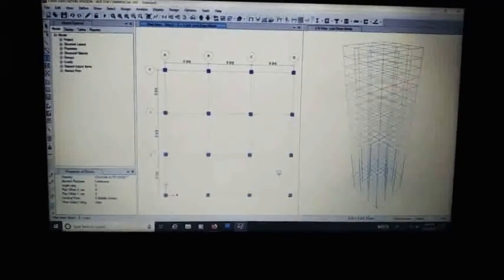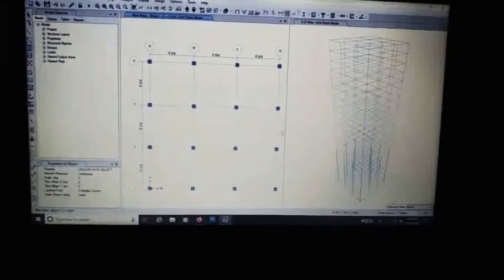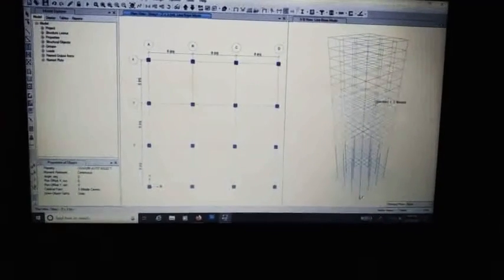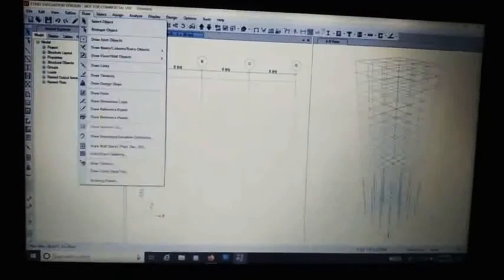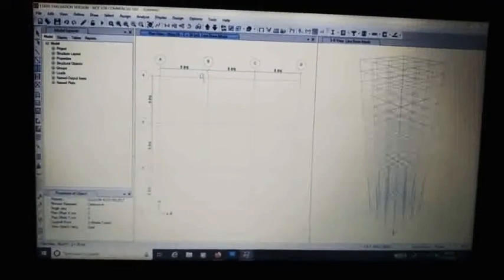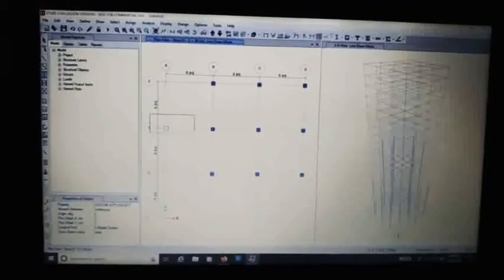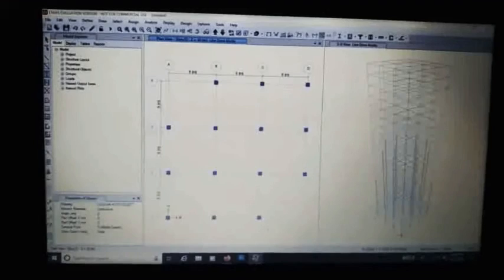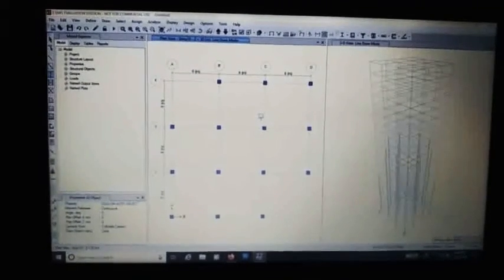Now we can see that the columns up to story 8 have been drawn. Similarly we will draw for other stories. Now we will draw the columns for stories 9 to 14. Similarly we will do it for the other sections.